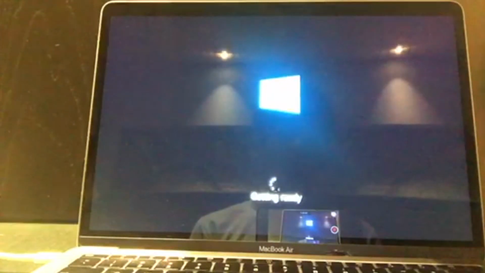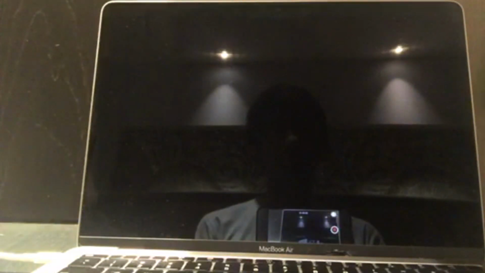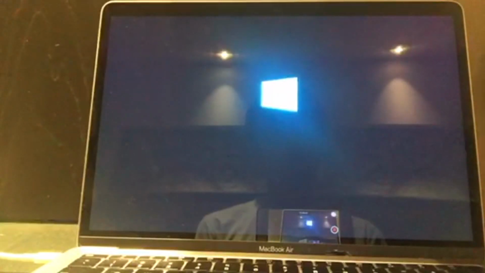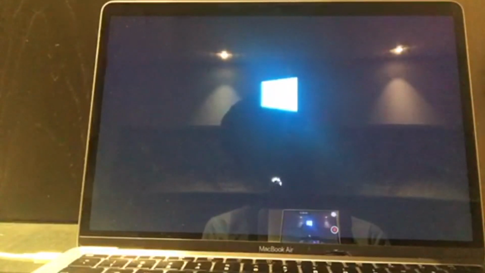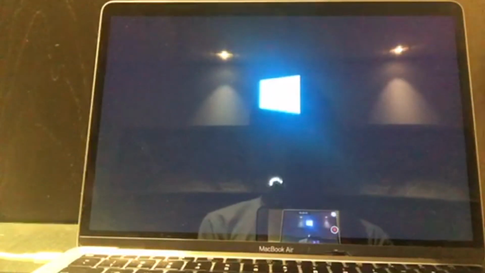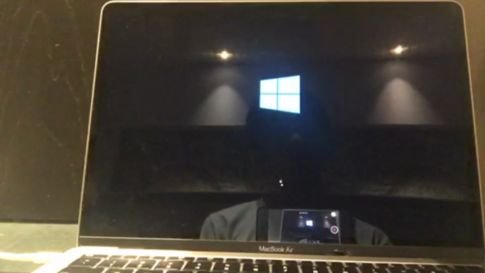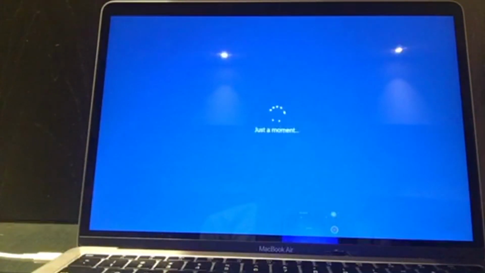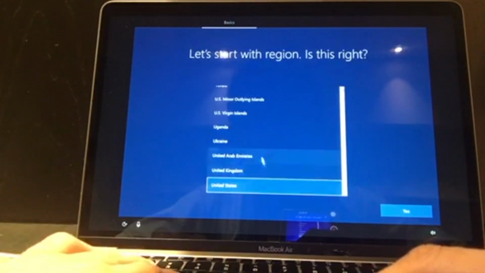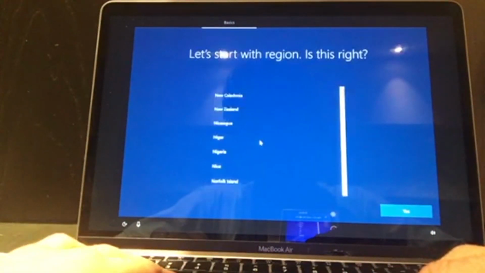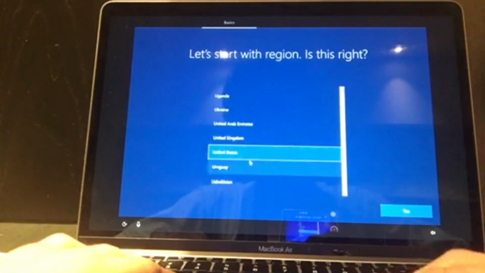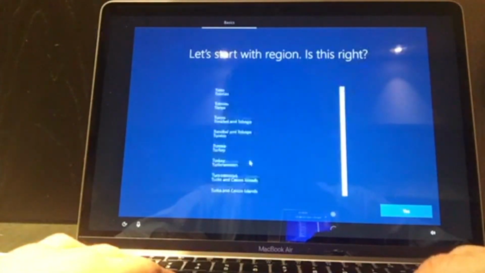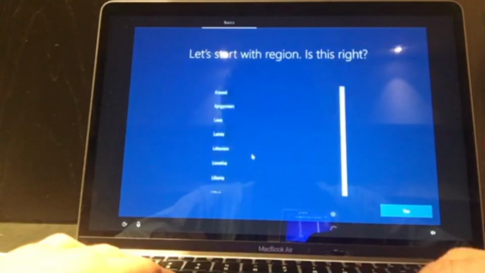Now the system would reboot again. Now it would ask you some basic information about your region, your language, your keyboard layout, and I know that it would be a piece of cake for you guys.